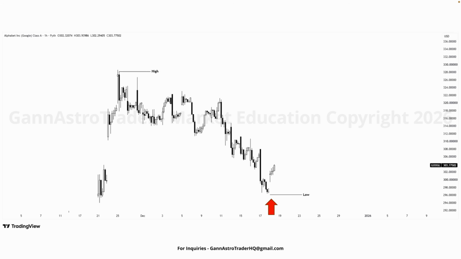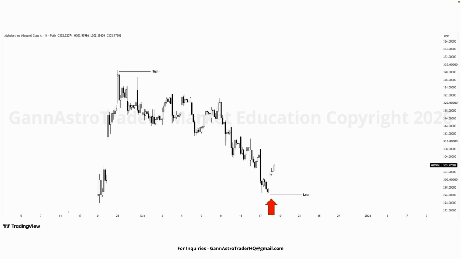At the beginning of this move, buyers are still active and able to push price higher. But once the high is established, sellers become more aggressive. Each subsequent decline shows that sellers are gaining control, while buyers are mainly stepping in temporarily to create short-term rebounds. So here, we have a clear high-to-low structure, and this measured swing will become the foundation for our time and